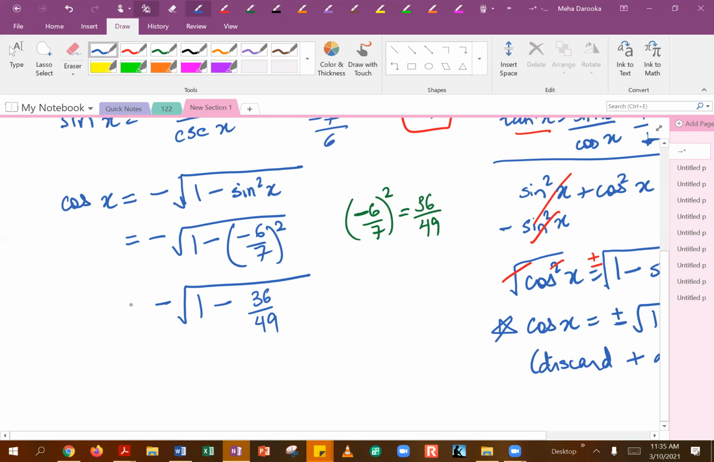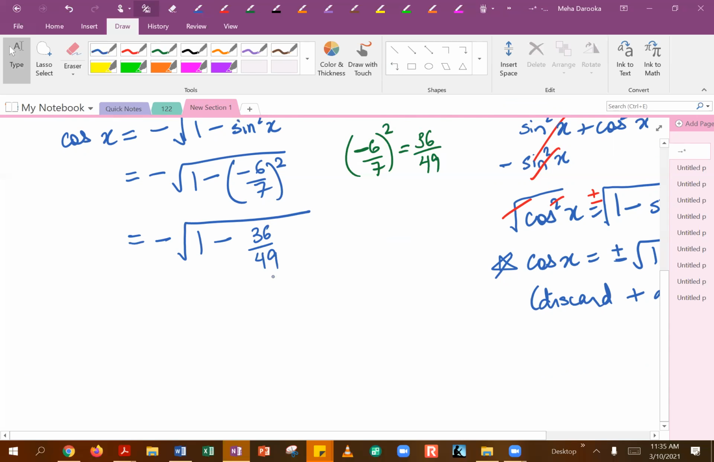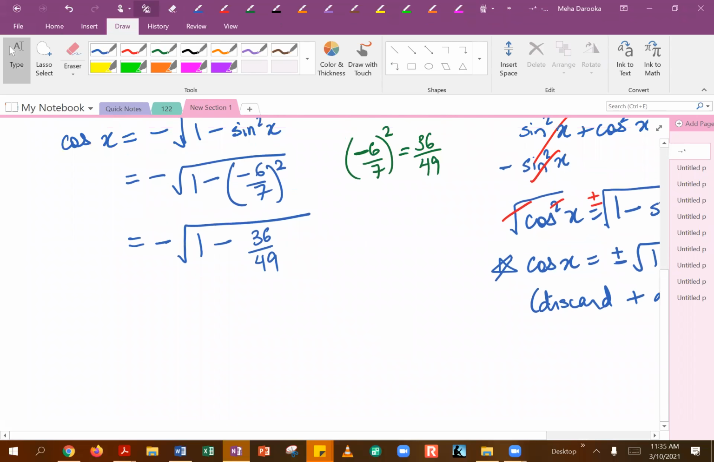36/49. And at this point, you can use a calculator to simplify this, but please keep in mind, we do not want decimal answers over here. We still want to keep them as fractions, and if you have a radical or whatever it ends up coming out to be. So just to show you, if you were trying to do 1 minus